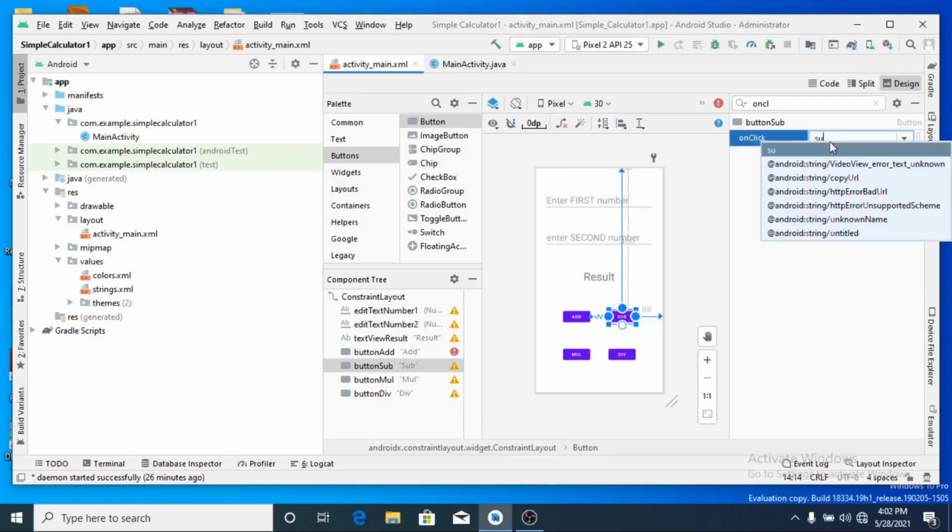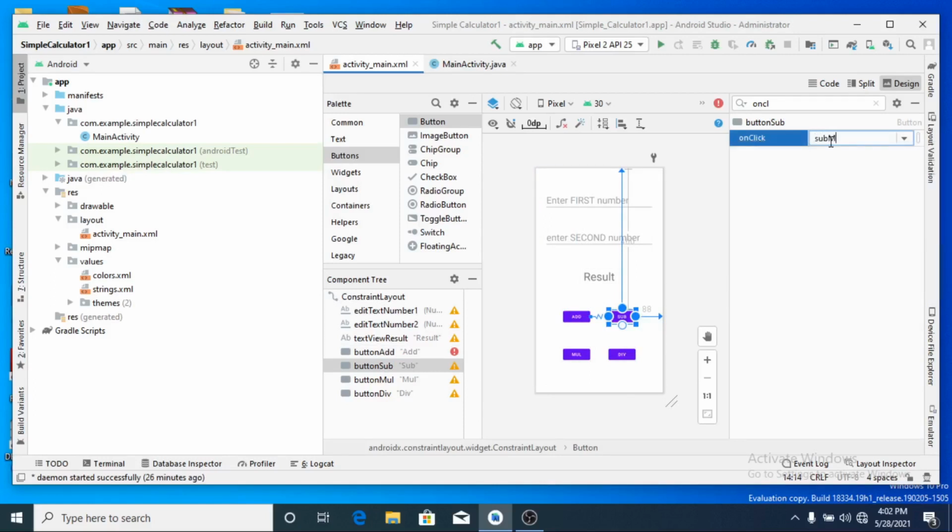On-click is already there in the search window. Here, subtract method. Okay, that is also yet to be written, correct? Multiply method. Now division method.